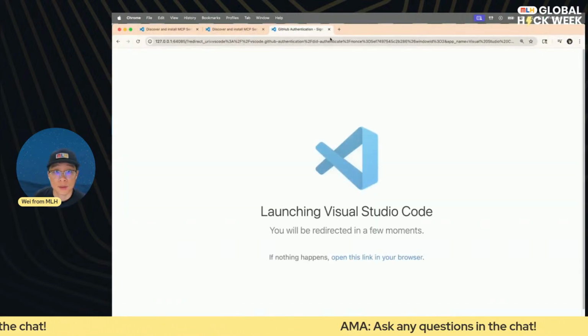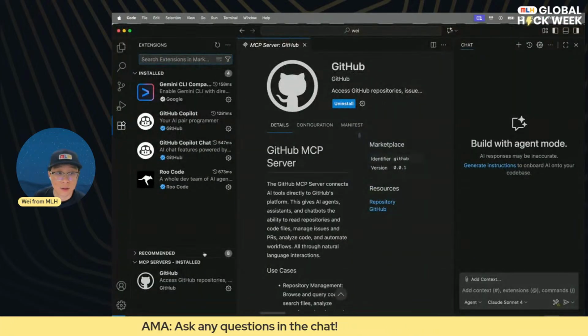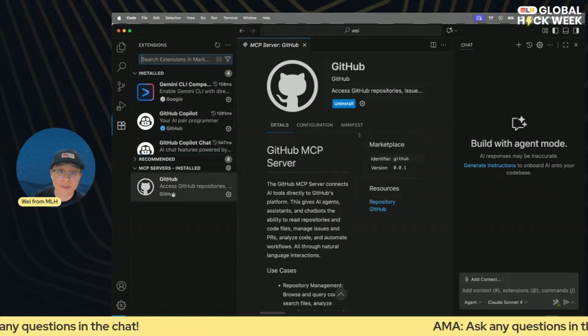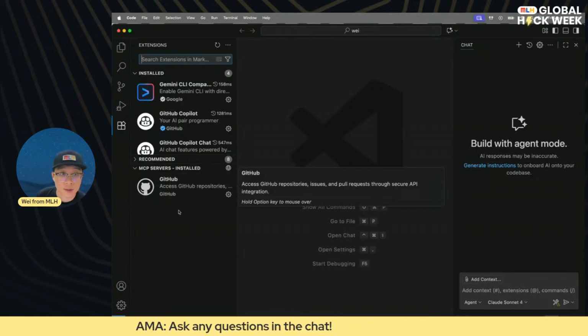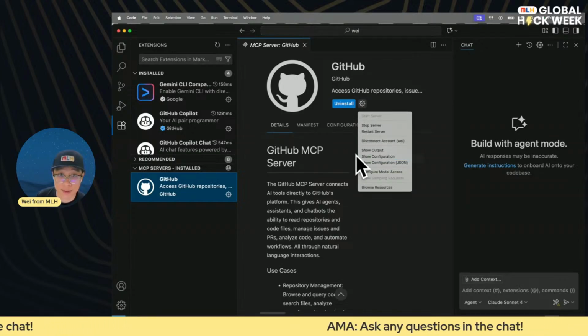Continue. Launching. All right. So just like that, we now have our GitHub MCP server installed in our project. So if we hover over it, click on it, you'll see this has been installed and it's actually running.